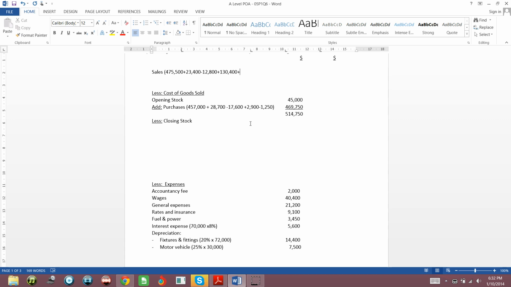Those monies were paid out first, and the balance 130,400 was then only banked in. So in order to get back my true original value of the cash sales, before all those deductions,